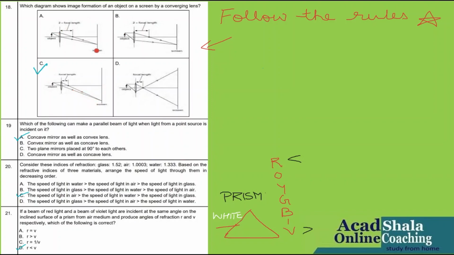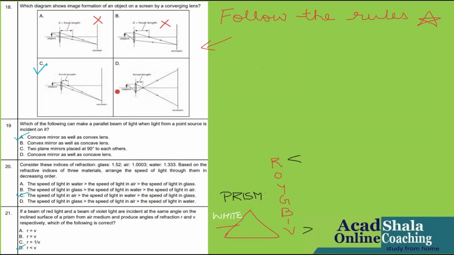So according to the rule, I see the first one is not going according to the rule. Just see how the rays are passing. This is wrong. The second one is also absolutely wrong, see how the ray is passing. They are not following the rule. So this is also wrong. And the third one, C part, I am seeing it is going with the rule. That means the rays are passing straight, they are not bending or anything. So this is the correct option, which I feel among the 4.